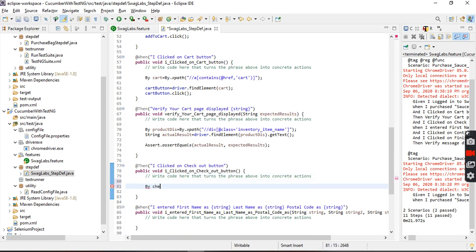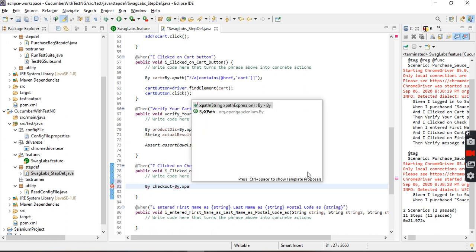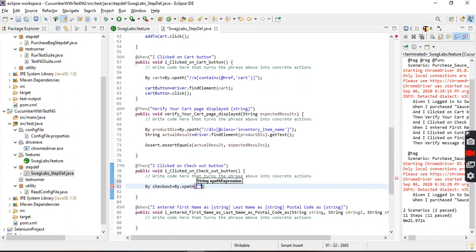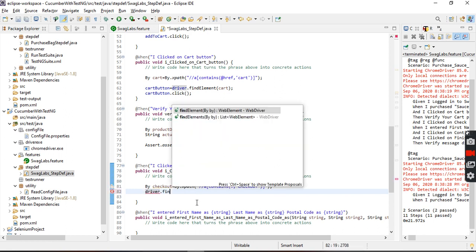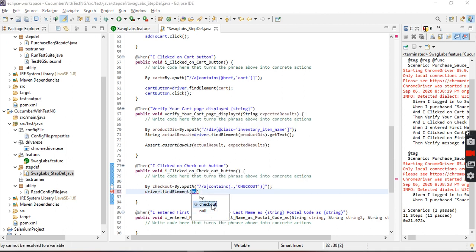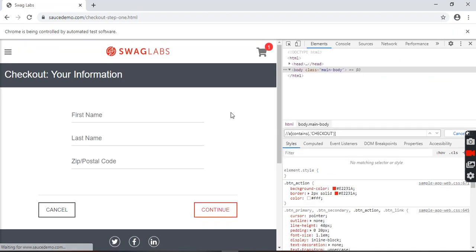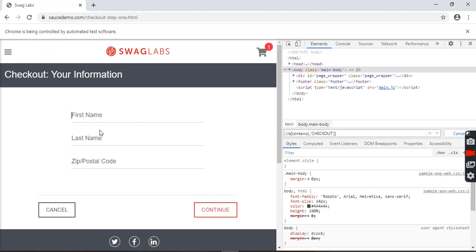Buy, checkout by dot xpath, this one. How to do that? Driver dot find element checkout. Directly we can put click. Now this is click. Check once the checkout gets clicked, what it is asking, you need to enter the username